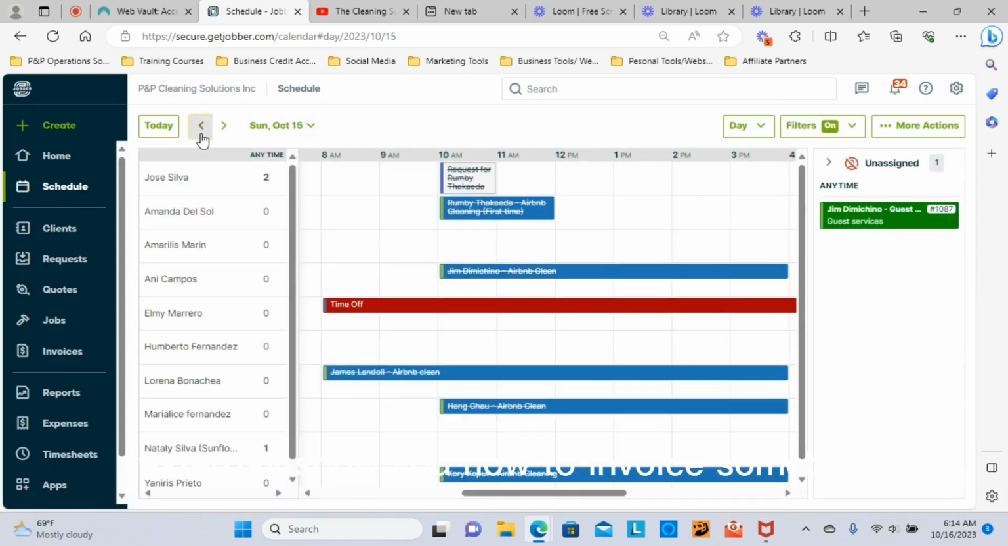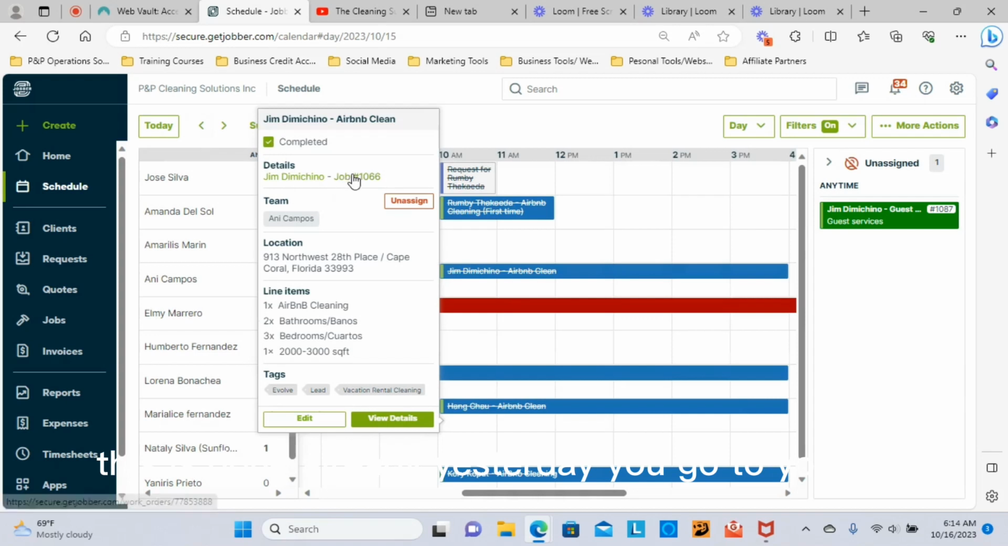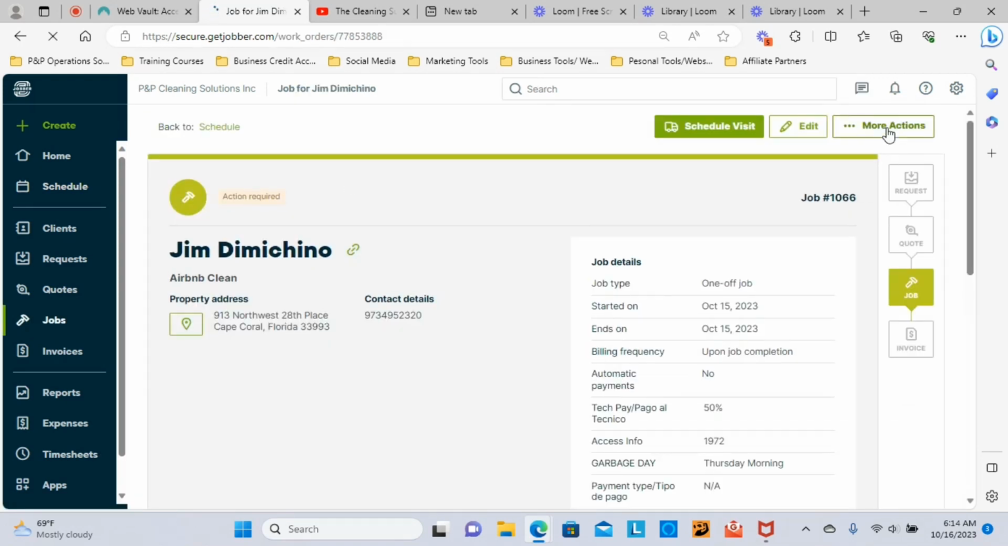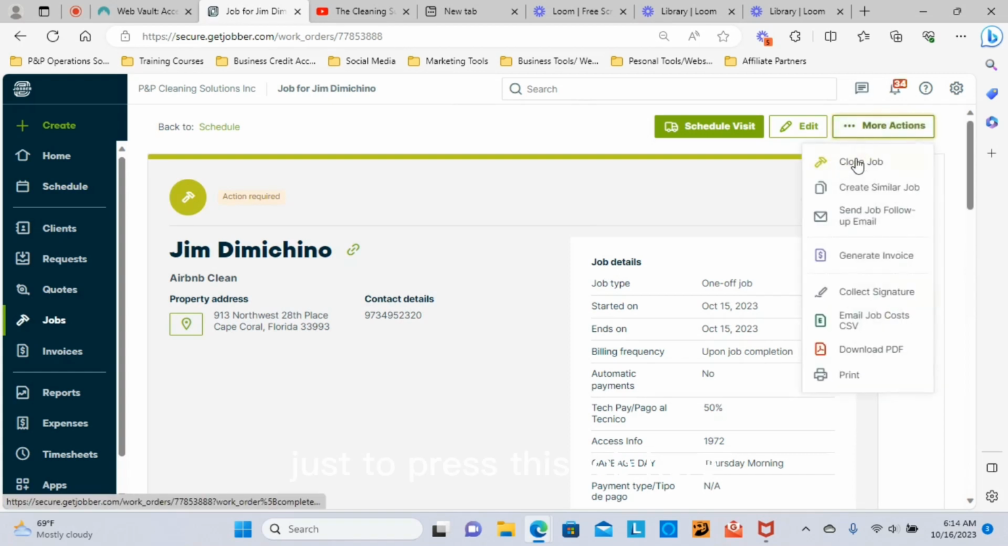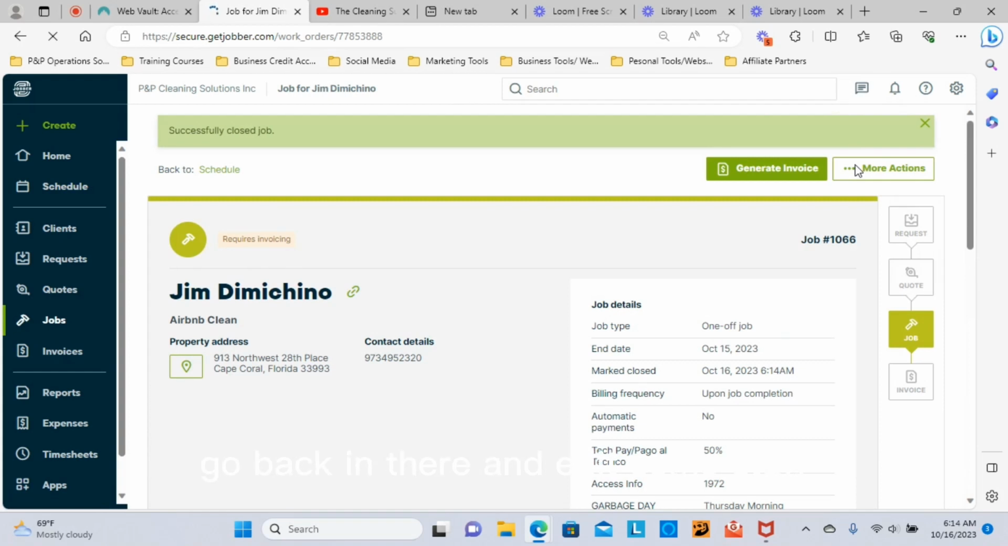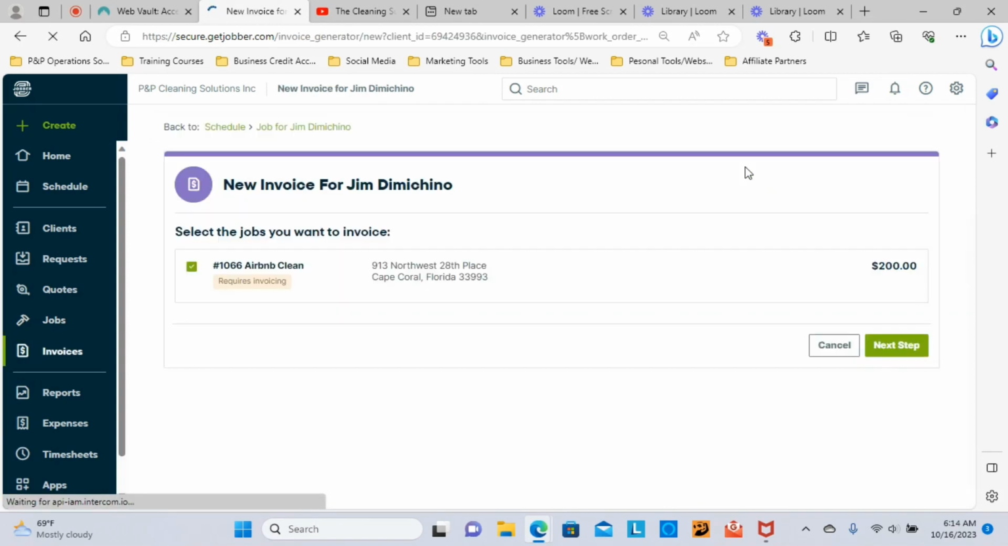yesterday. Show you how you invoice somebody, how quick it is. All right, you got one here. Click on it. This was done already yesterday. You go to your job. This is the person's job. Here you close the job out. It's completed, but it's not closed out, just in case you got to go back in there and edit some stuff. Now it's closed out, but it says requires invoicing. So you generate invoice for this one job. Next step,